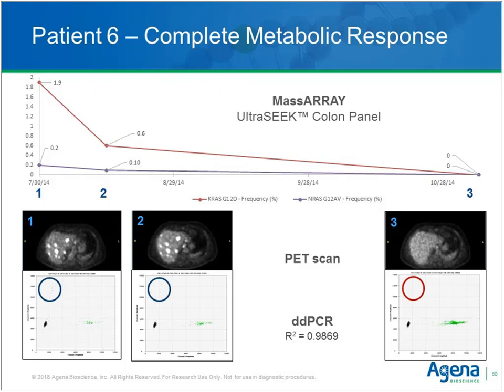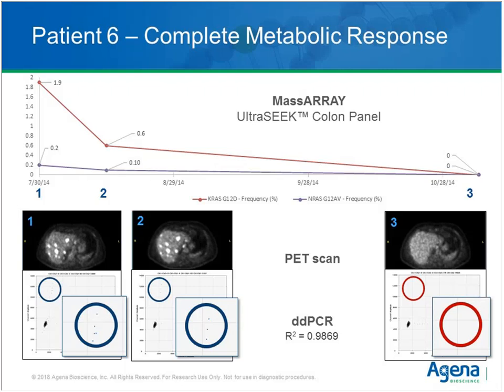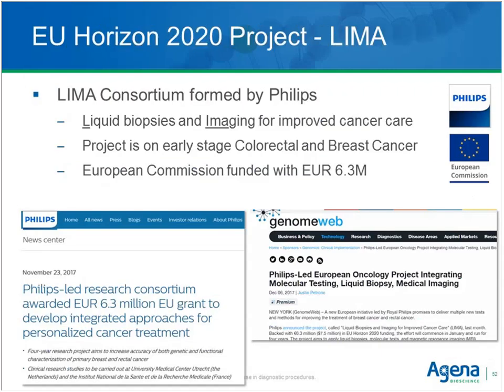But in this study we could also cross-validate one technology with the other using digital droplet PCR, specifically looking for that KRAS marker, where in time point 1 we see a higher tumor burden than in time point 2, and again in time point 3 the KRAS mutation was not detectable anymore. So studies like that, and I'm actually coming to an end, so we have some time for questions, but studies like that really